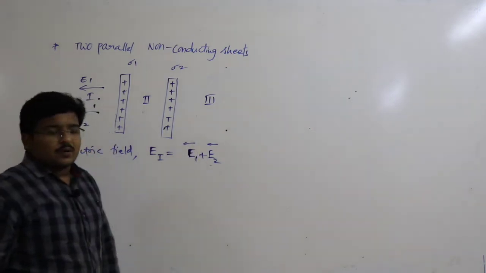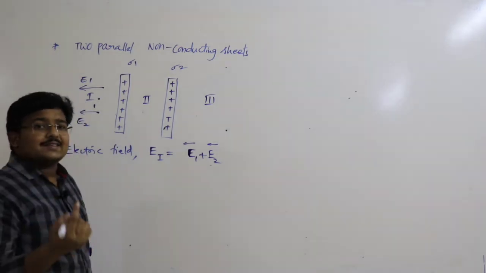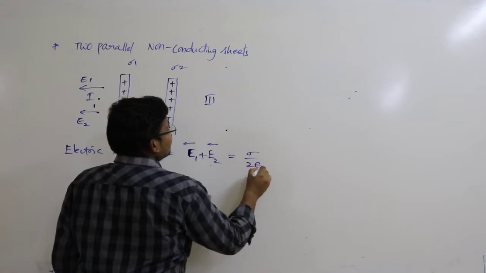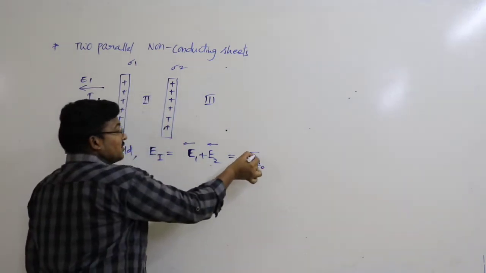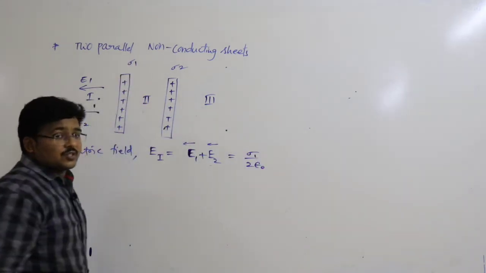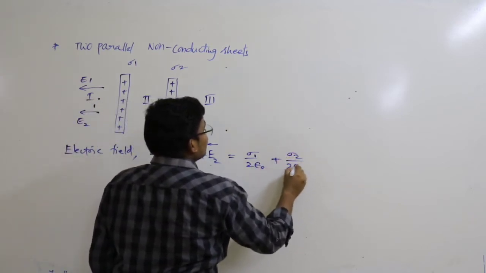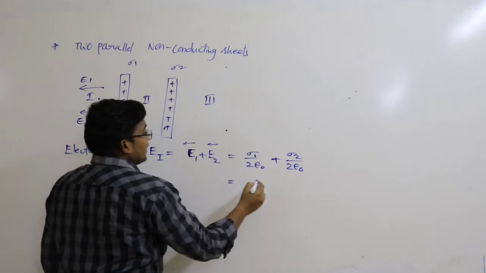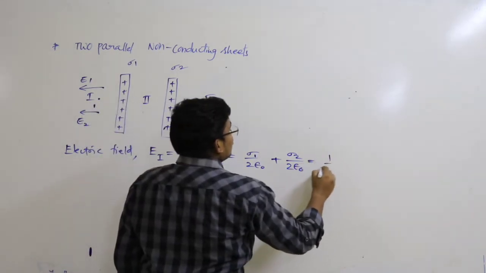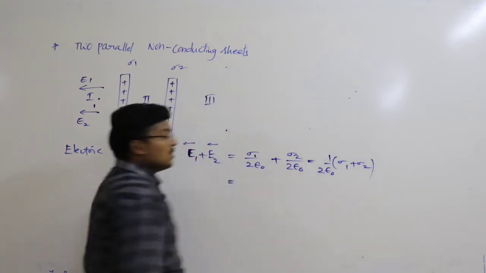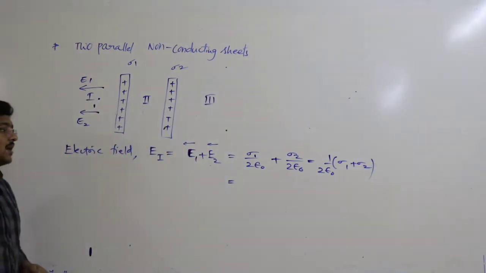Now you know the formula for E. What is the E formula? The E formula for a non-conducting sheet is sigma by 2 epsilon naught. So simply sigma by 2 epsilon naught, and this is sigma 1 I have given. So sigma 1 by 2 epsilon naught plus sigma 2 by 2 epsilon naught. So taking 2 epsilon naught common, sigma 1 plus sigma 2. So this is the electric field